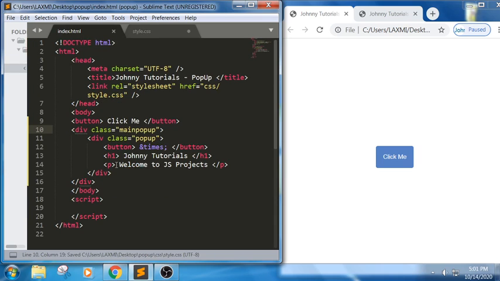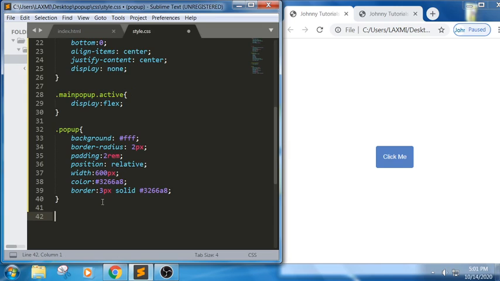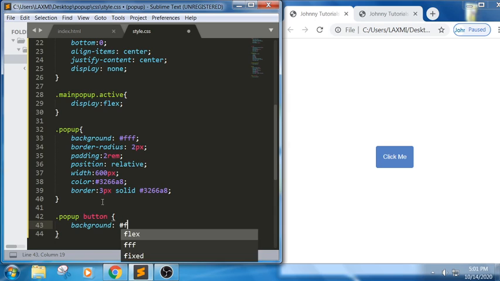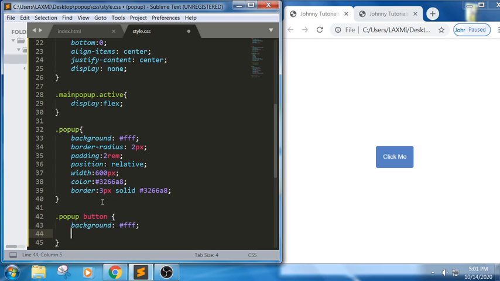Inside this pop-up we have a button followed by H1 and P. First, suppose if I have written only for button, generally it will be applied for the outer button as well as the inner button. So I am trying to take a grouping selector. Sorry, it's not a grouping selector, it is a descendant selector. Inside an element we are trying to take background color FFF, color would be the same color which we are trying to use,